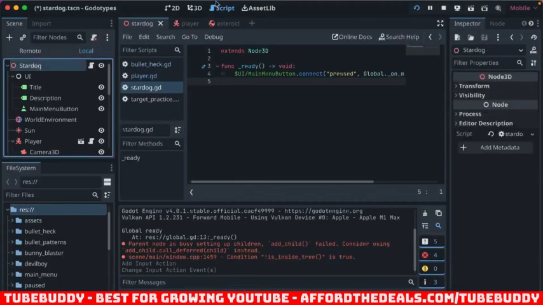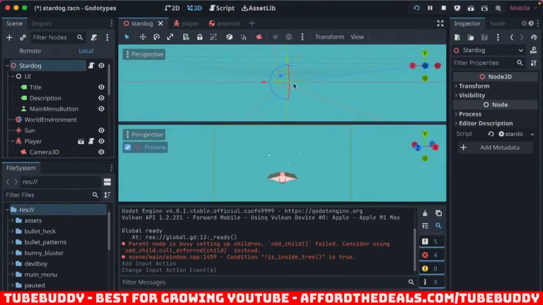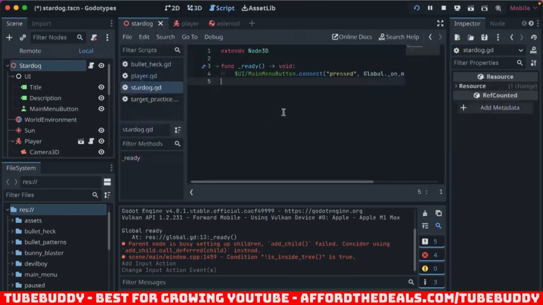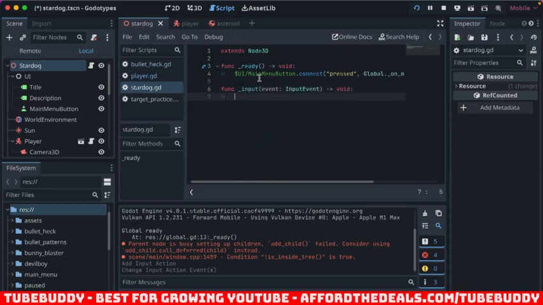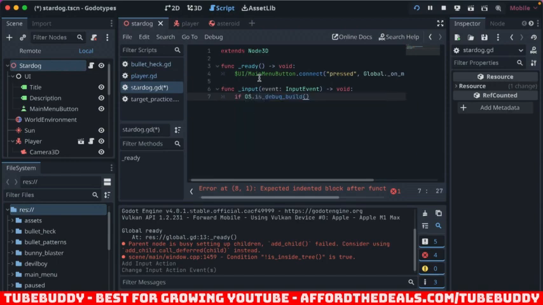And then Stardog is its own scene here, so you can see we've got the ship and we've got the level laid out, and there's a script attached to it. We'll go ahead and do func _input to check for every input event, and we'll say if OS.is_debug_build. OS.is_debug_build is the main way to check if we're in debug mode. So you just say if it's debug mode, and you can do double ampersand, or you can do this. I use the double ampersand out of habit from other languages. So we'll say if it's debug mode and